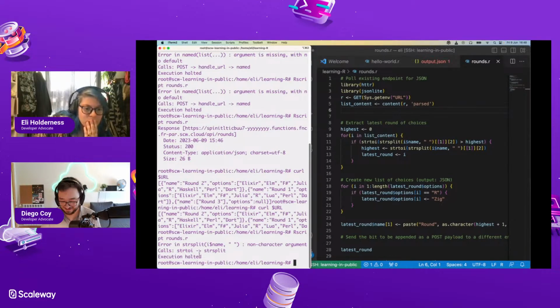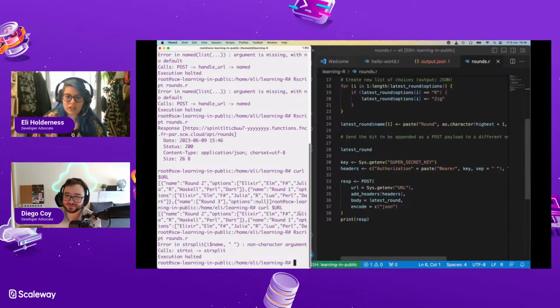Why is that wrong though? String split, name. Why is that a non-character argument? Right, it's deleted. So you can try again. Thank you. Cool. So now I think this should work, right?